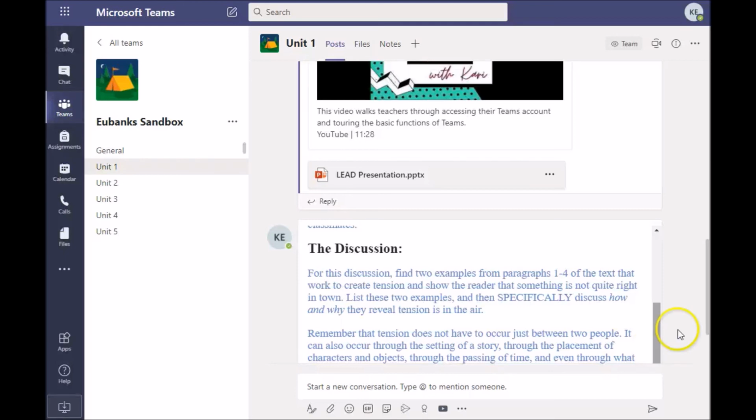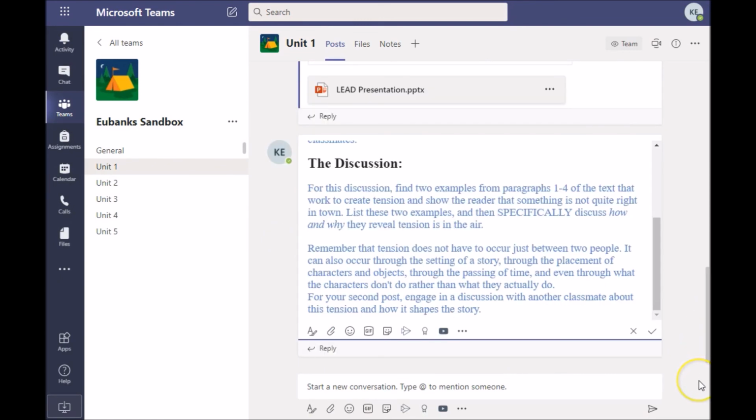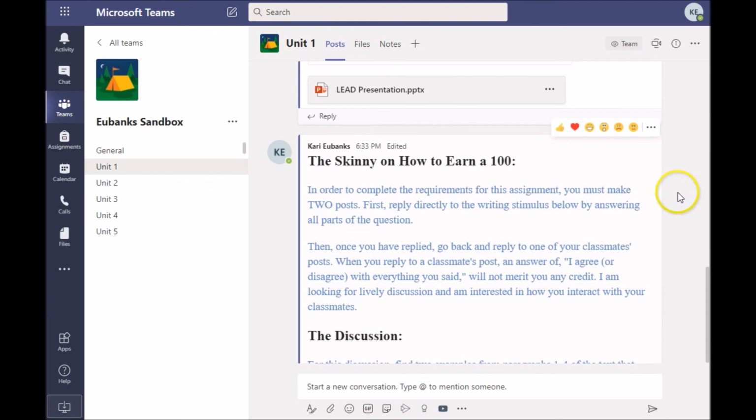And then once they've completed doing that, they hit the little send button that you see there. Right here, you'll see that mine is a check, and that is because I've gone in and edited it. It didn't post right, and so if you decide that something is amiss or you want to go back and